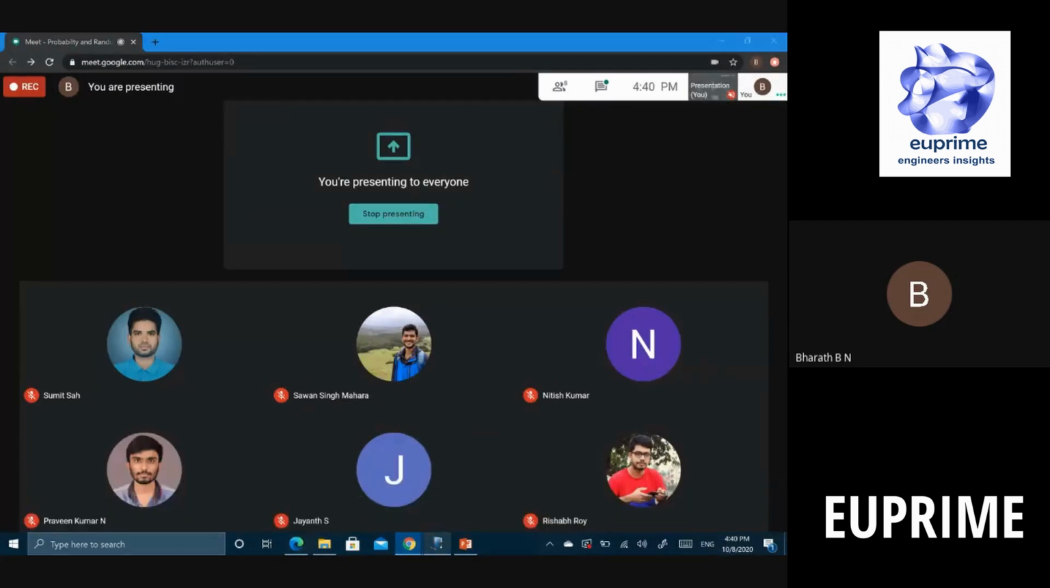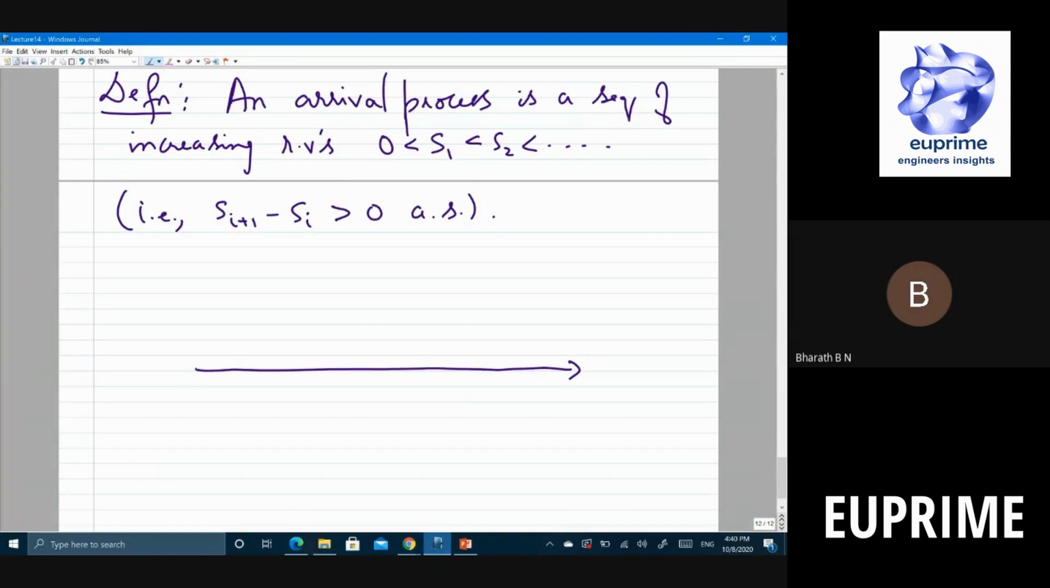Okay. So this is your time, and let's say the first one arrives here. Let me use a different color. The first one arrives here, the second one arrives here, third one arrives here, fourth one arrives here, fifth one arrives here, sixth one, and so on. Okay. Now, instead of describing this as S1, S2, S3, and so on,